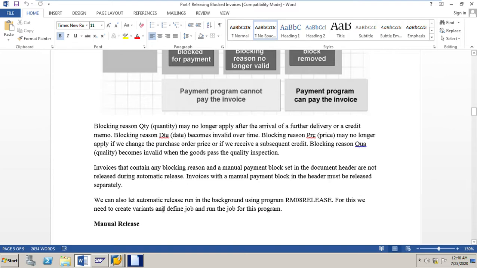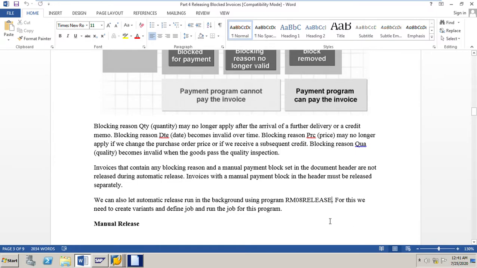We can also let automatic release run in the background using program REM08 release. For this, we need to create variants and define job and run the job for this program. The finance department are using this program REM08 release very much to release the invoices in the background.